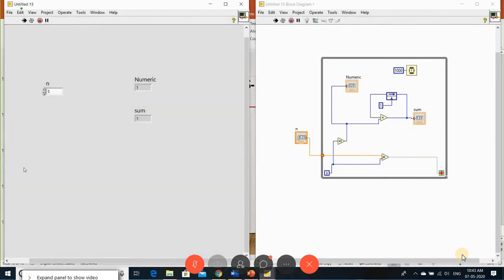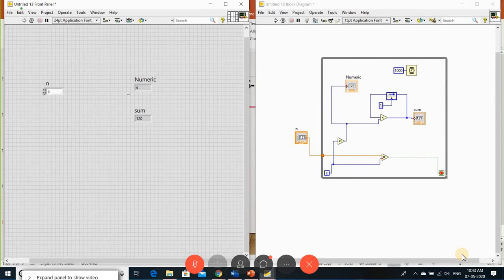Let me run the same thing. Here the number is going to be displayed. Remember, you can observe that I incremented by 1 here. After that, I am displaying the number. So whenever i is 5, that number is taken as 6. But you want to find the factorial of 5.